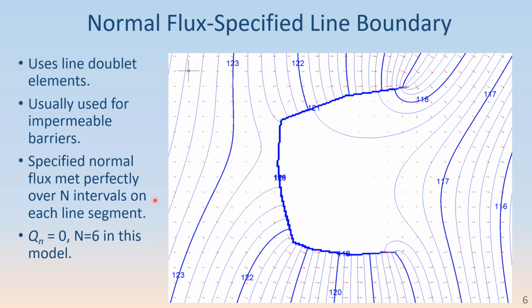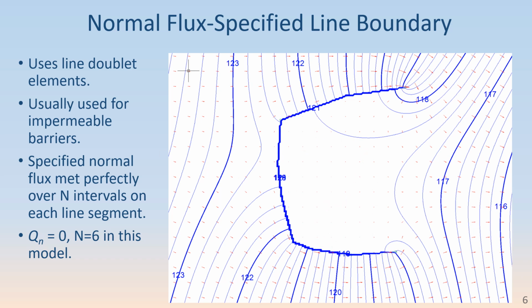The specified normal flux is met perfectly over n intervals, where n is your parameters per line on each segment. In this one on the right, we're using 6 parameters per line, and we're getting a pretty nice flow pattern around this barrier, which is kind of horseshoe-shaped flow coming like this, going around, and very stagnant in the interior